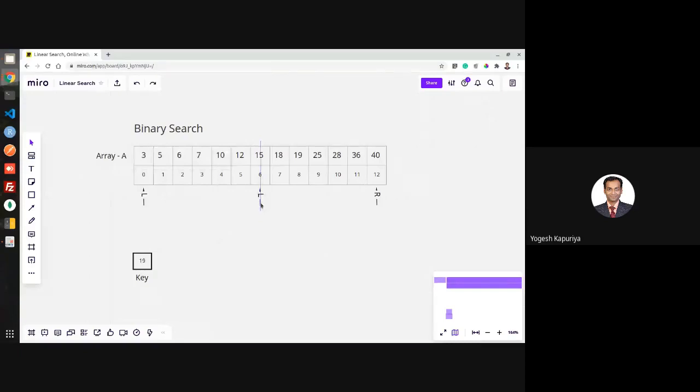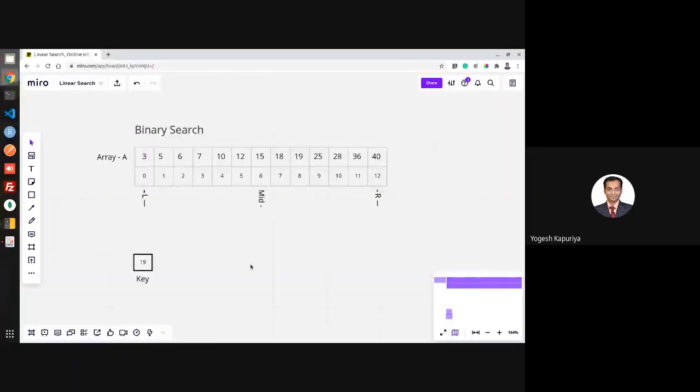So the mid pointer that you have found is 6 as my midpoint. Now compare the key element with the mid value. So you are comparing 19 with 15.